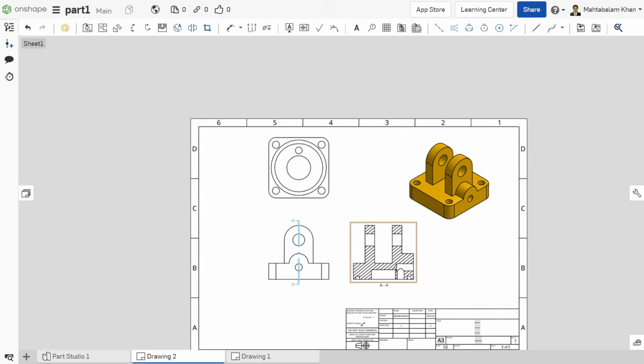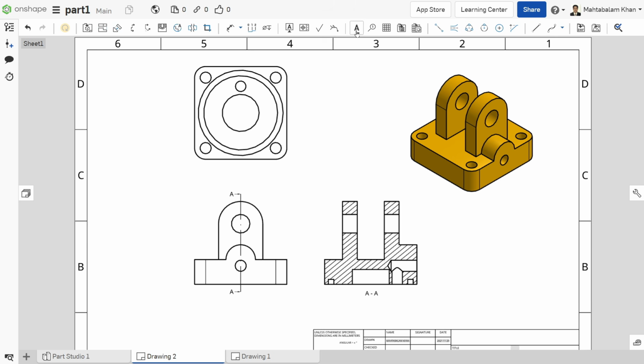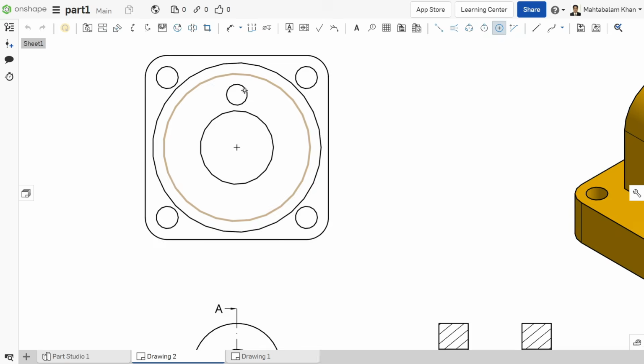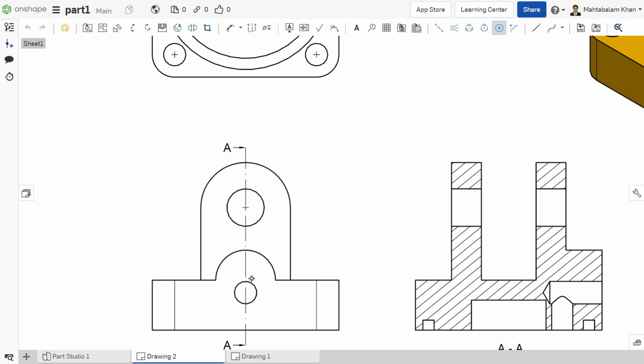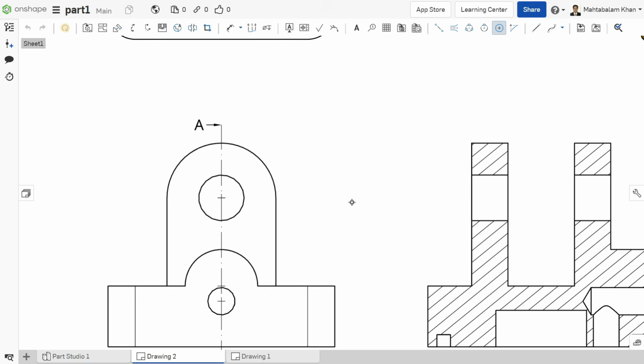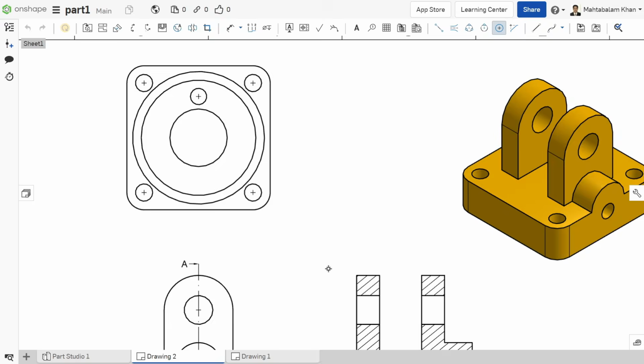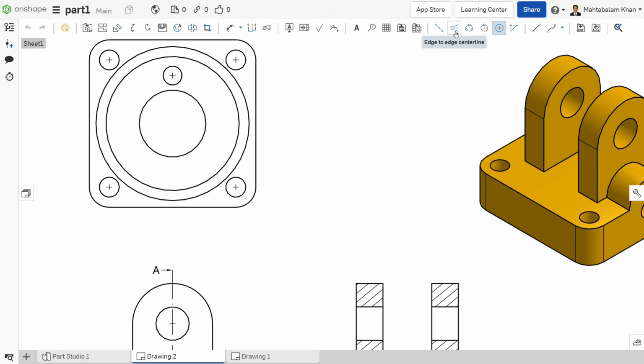Now let's apply some more things, like here comes center point. I am going to apply center point to all these circles, which helps us. This one, and this one. Okay, now here you have the option called edge to edge center line. I am going to choose this one.